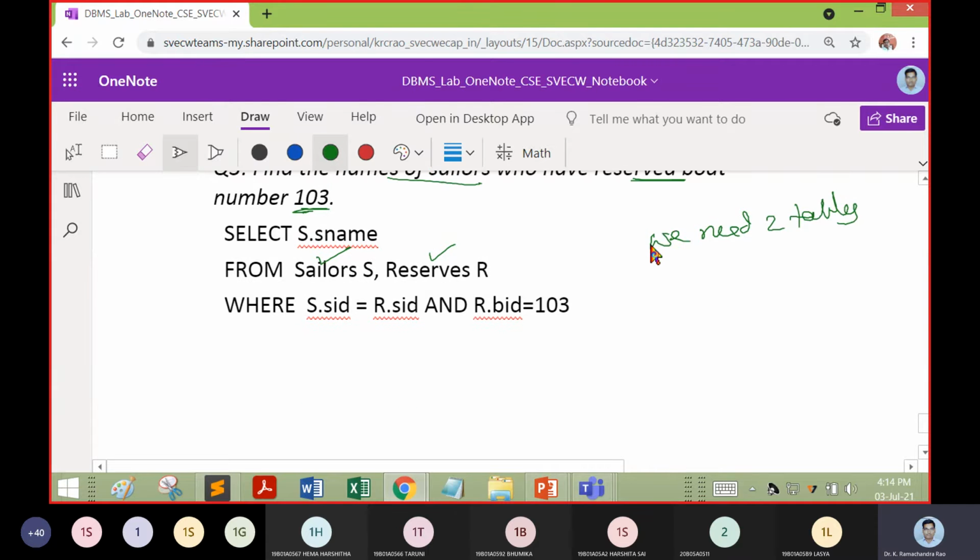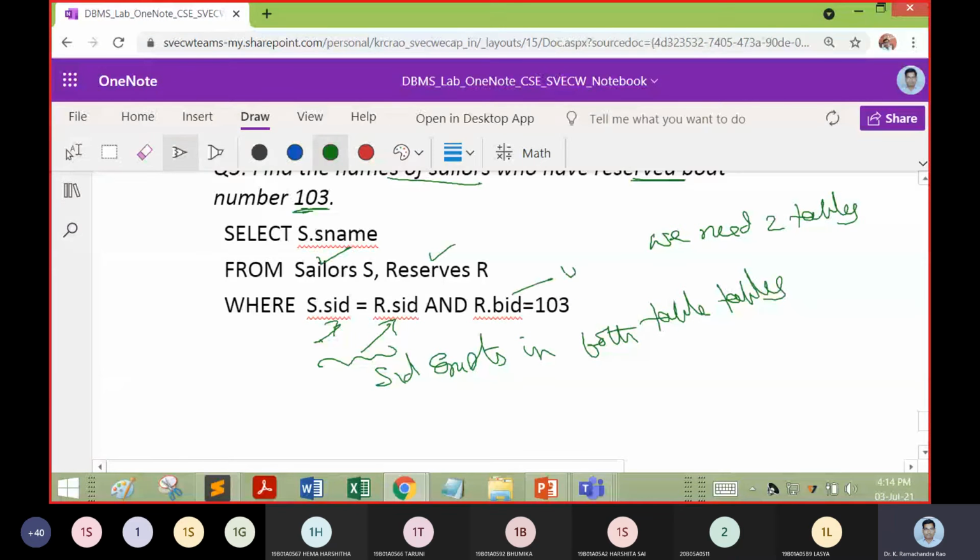Next one. How can I link table 1 and table 2? I can link when SID is common, because the variable SID exists in both the tables, and BID in the reserves table.